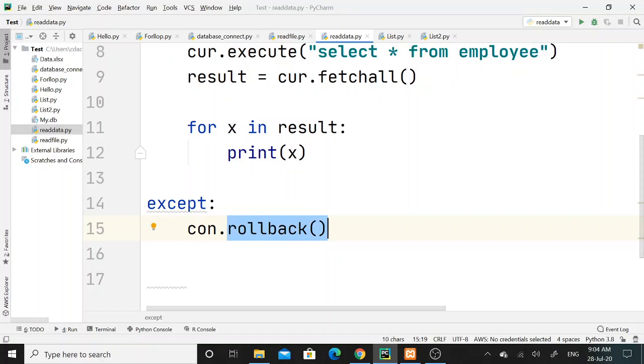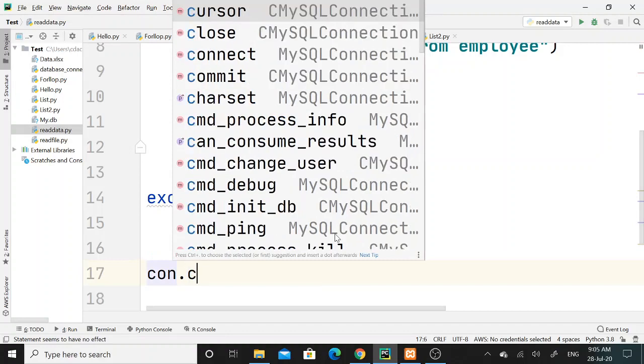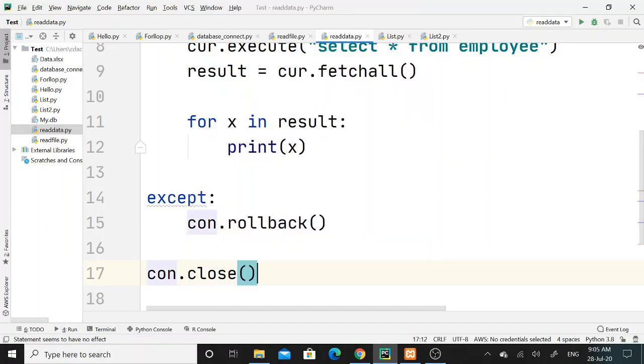So somehow if the connection fails or there is an error in the SQL query, this rollback function will assist to undo all the changes that were made to the database table. Then here again, with the help of the con variable, I will close the established connection.